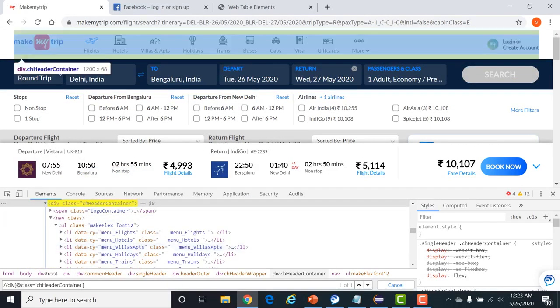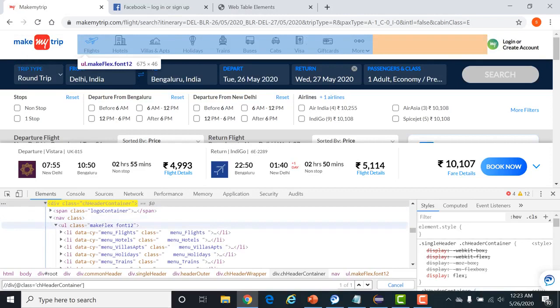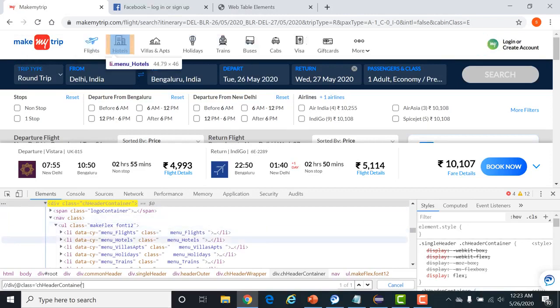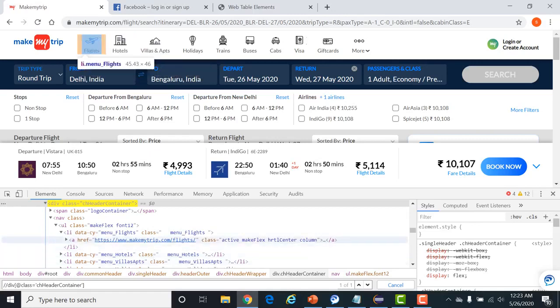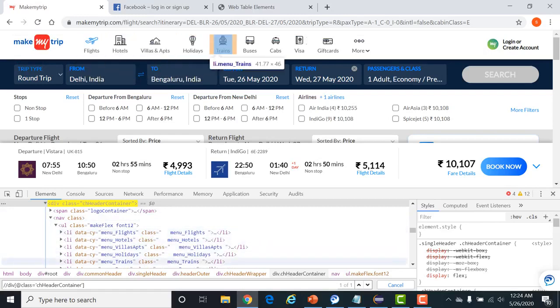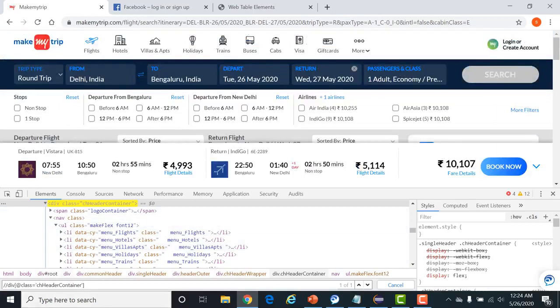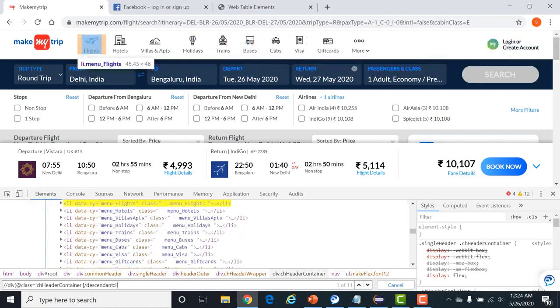Now it is identifying the simple header, right? The div class of all these elements. Inside that there is one nav element. Inside nav there is a UL child element, and inside that all these list elements are available. What will we write? These lists are the descendants of this div root node, right? We'll directly write descendant li. See, it is directly identifying all these 11 elements.